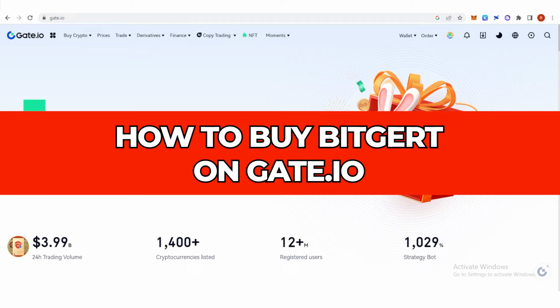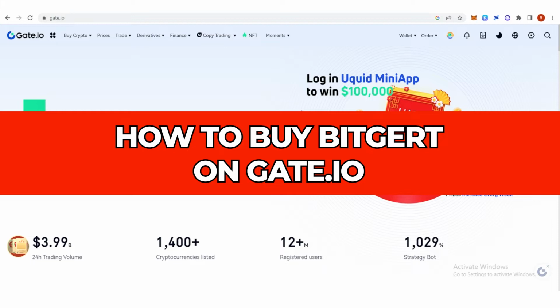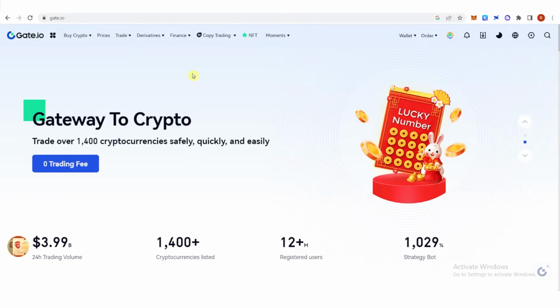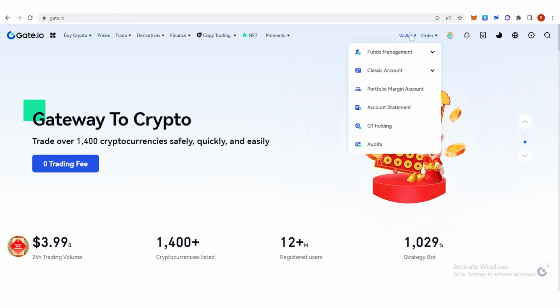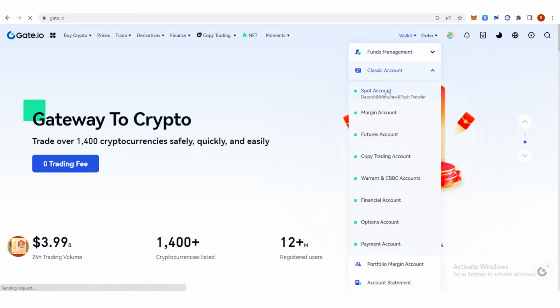In this quick video, I'll show you how to buy Bitgert on Gate.io step by step. So the first step is to go to Gate.io and you're gonna need to log in first and then go to wallet, click here, click spot account